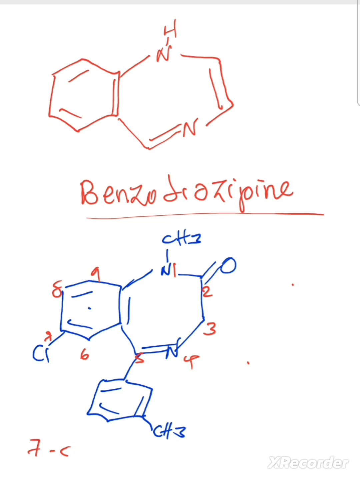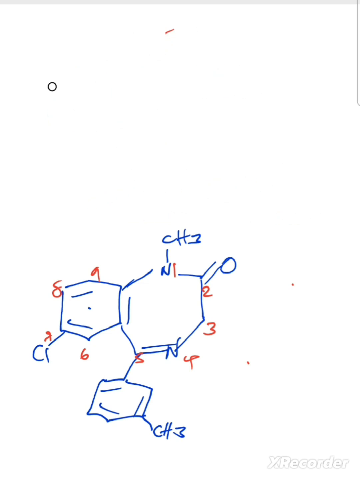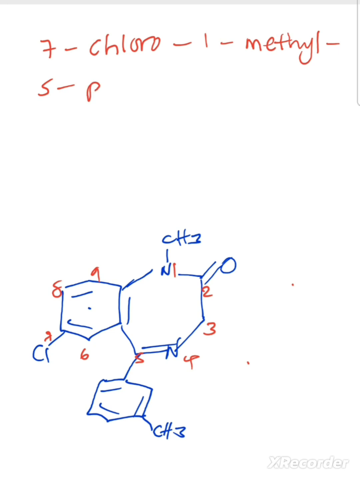Okay, it was good if I can, let me just rub at the top part. I'm sure you have copied this, which is the general structure for the benzodiazepine. Now this one, I want to name it. I'll write the name on top. So we said it starts with 7-chloro, like this. Then 1-methyl, because you write how they start in the alphabetical order. Then here 5-phenyl,